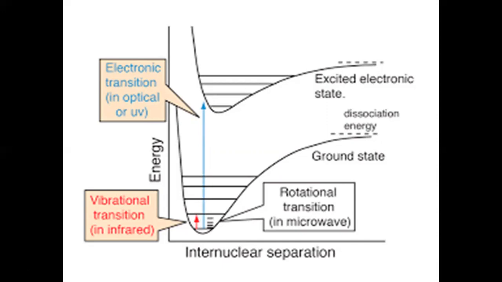Now, as I've said, the vibrational energy can be changed from V0 to V1. You call this a fundamental vibration. So when the energy is changed from V0 to V1, it is a fundamental vibration. And when it is changed from V0 to V2 or V0 to V3 and so on, you call these overtones. If you want to change from V0 to V1, you need less energy. From V0 to V2 or V3, you need a higher energy.